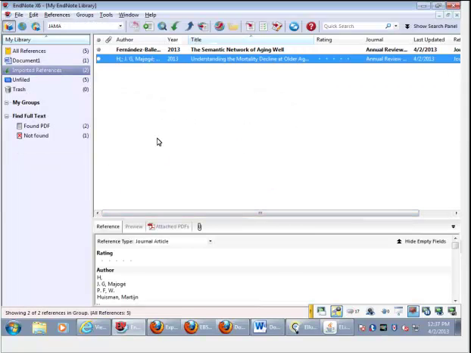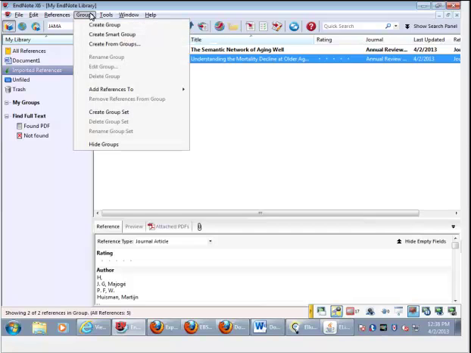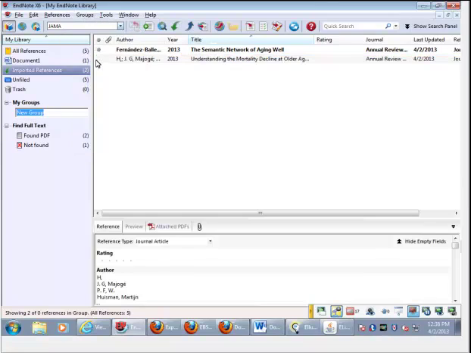And groups. We recommend only creating one library. However, the way to manage your references within EndNote is with groups. They actually look like little file folders. I have a zillion of them. To create a group, you would just click on the Groups tab from the top, create group, and